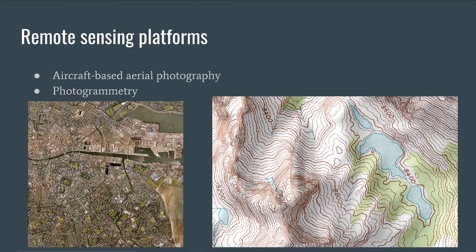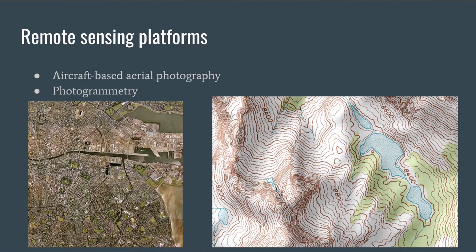Likewise, photogrammetry made it possible to assess elevation over large areas. Previously, there were surveys that had to take place over vast distances on the ground. By comparing multiple different photographs and conducting these measurements using photogrammetry, we are able to create these USGS topographic maps, basically covering the entire US